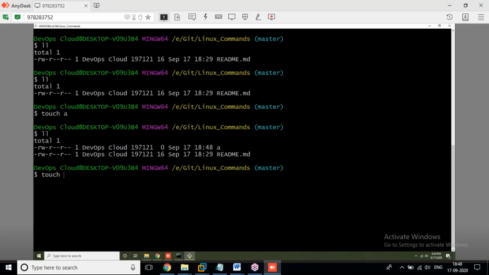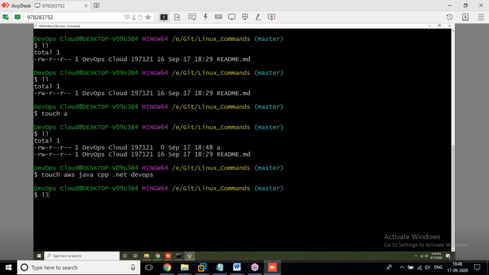Now touch AWS. We can create multiple files at a time: AWS, Java, CPP, .NET, DevOps. See, there is no chance to insert data. Whenever you press the enter key, automatically it comes out from that location.